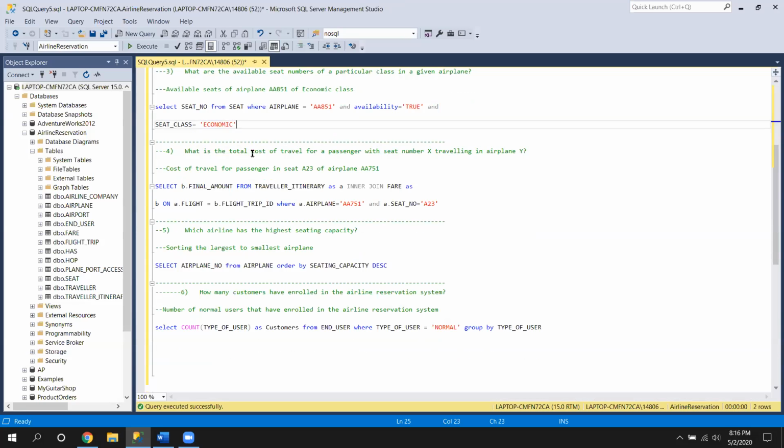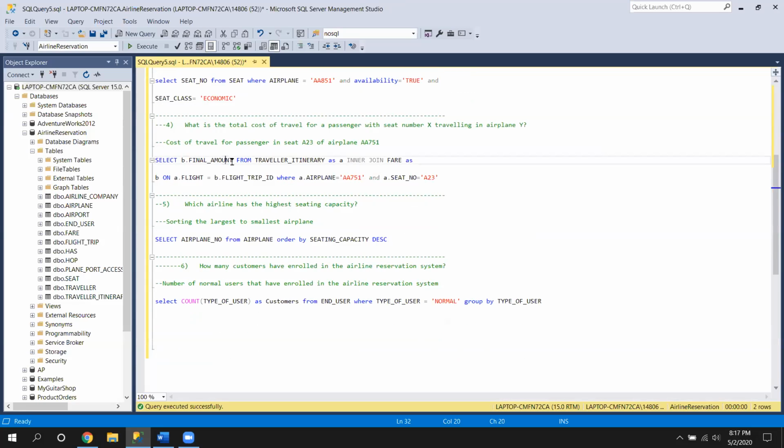And the fourth question is, what is the total cost of travel for a passenger with seat number X traveling in airplane Y? For this example, we have taken a passenger in seat number A23 of airplane AA751. The final amount will be the total cost of the travel for that passenger. For this we have joined two tables, the fare table and the traveler itinerary table.